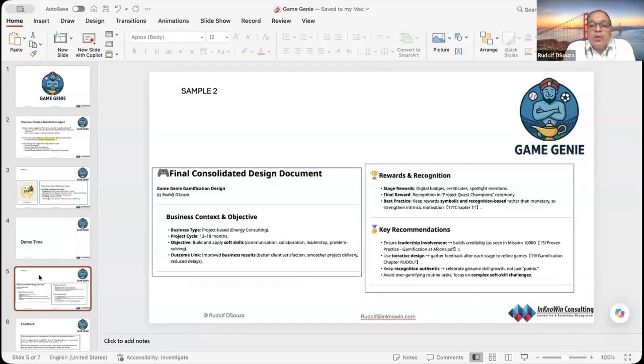Now, I had passed it on to a particular company in Europe. They were an energy-based consulting firm, and they used it, and this gave them a consolidated design document.